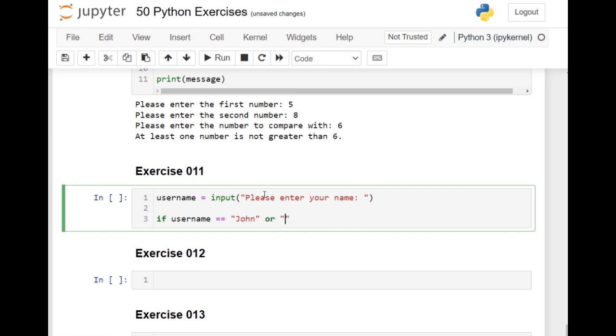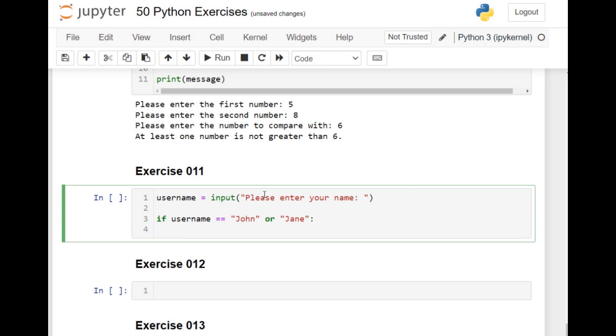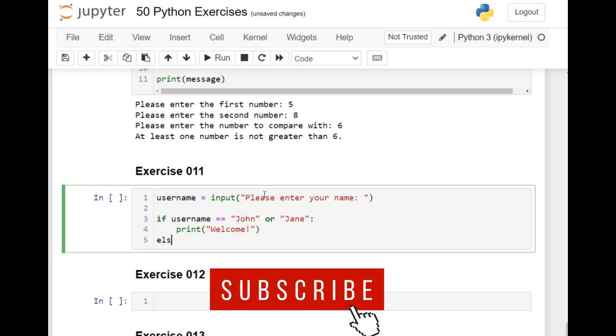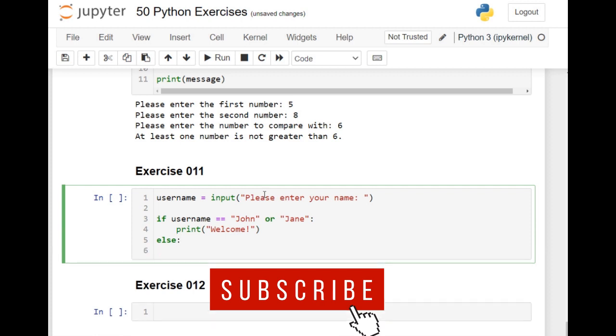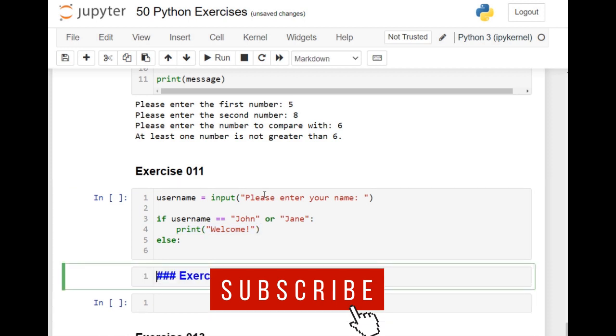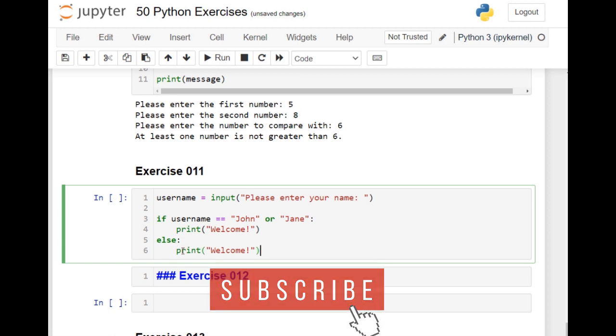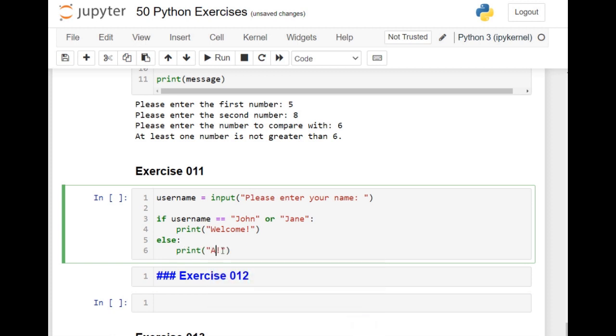let me show you something here. If username equals John or Jane, print welcome, else print access denied. Alright,